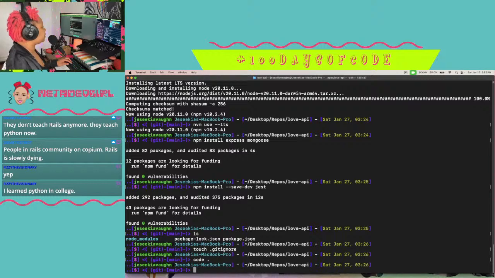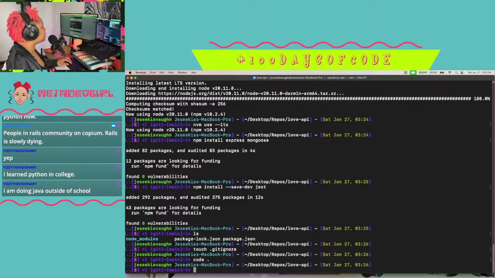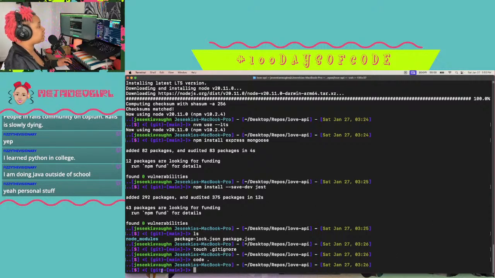I wouldn't recommend trying to do both at the same time unless you don't have a choice. Oh, Java outside of school. So is that personal stuff, or work related? Personal stuff, okay.